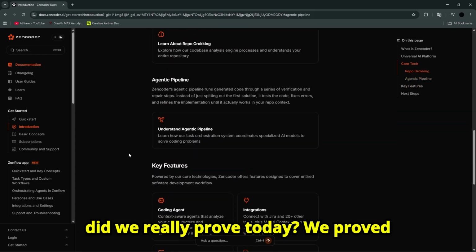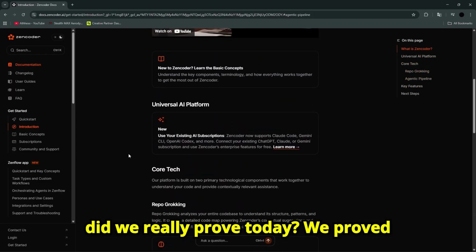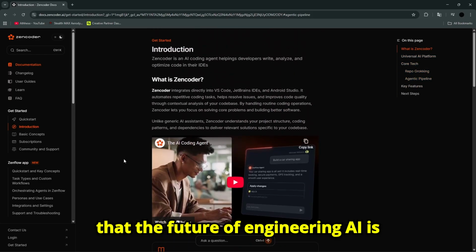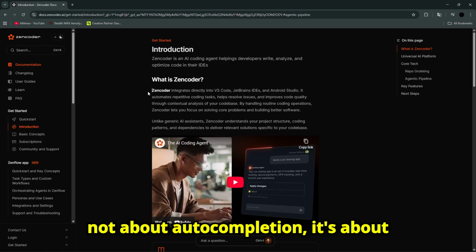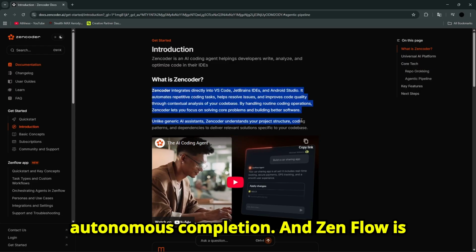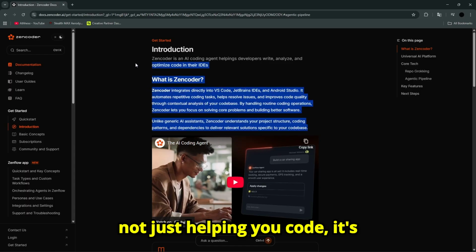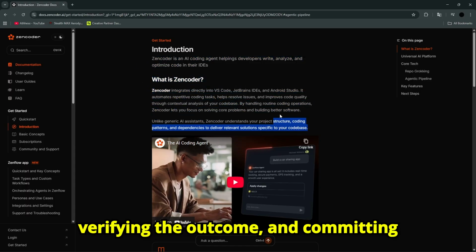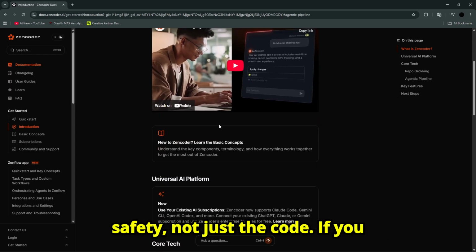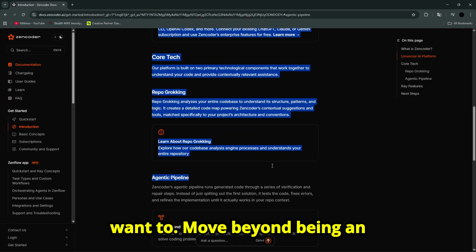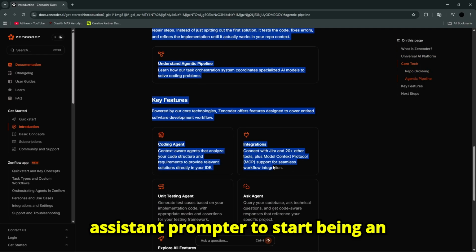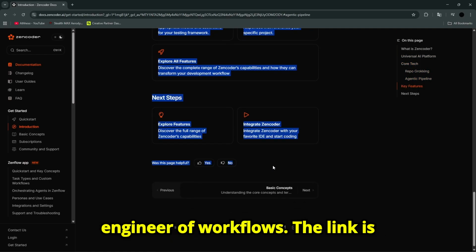So what did we really prove today? We proved that the future of engineering AI is not about auto-completion, it's about autonomous completion. And Zenflow is not just helping you code, it's orchestrating the entire workflow, verifying the outcome and committing safely, not just the code. If you want to move beyond being an assistant prompter to start being an engineer of workflows,